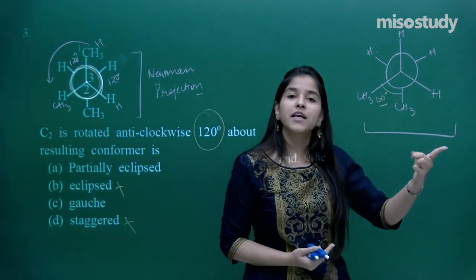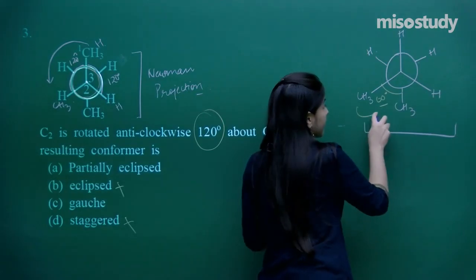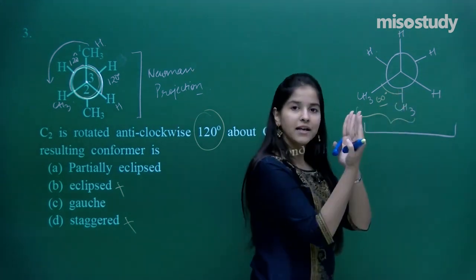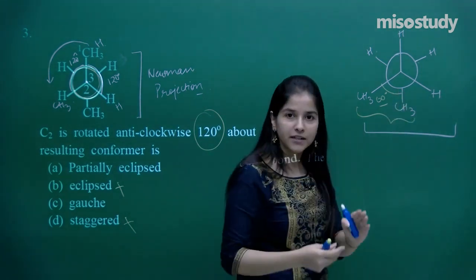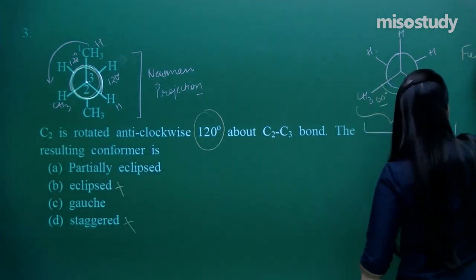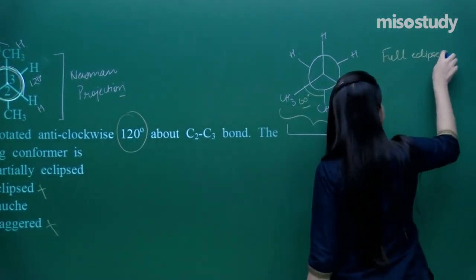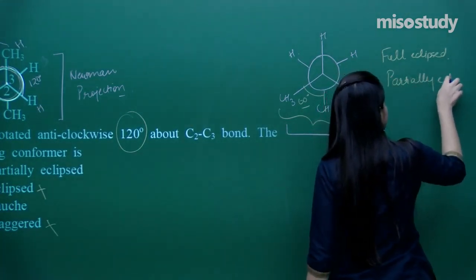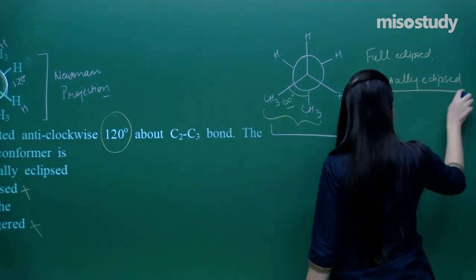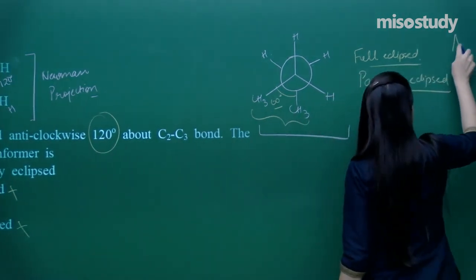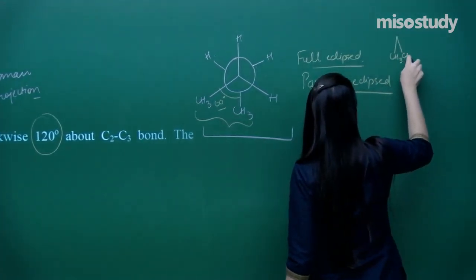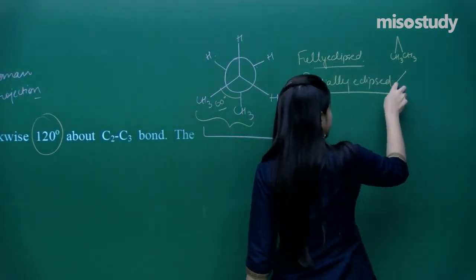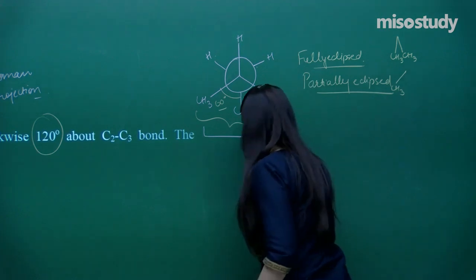When is the repulsion fully steric? If I move this CH3 group and the two CH3 are lying parallel to each other. That is the difference between fully eclipsed and partially eclipsed. Let me write out the fact: if the two CH3 are lying almost parallel, that is fully eclipsed, and if one CH3 is lying here,